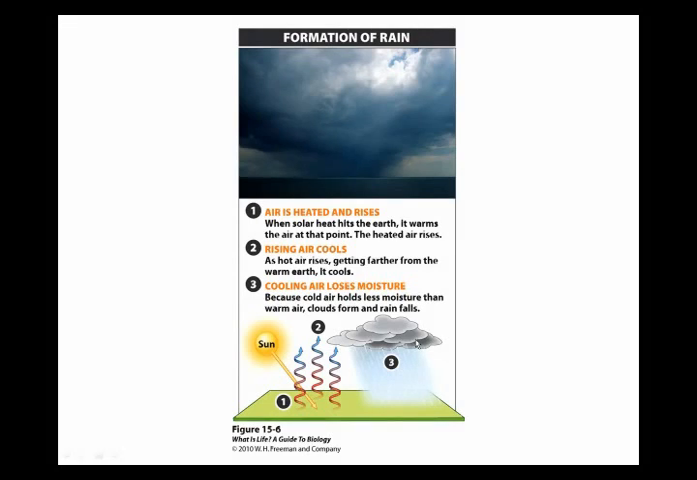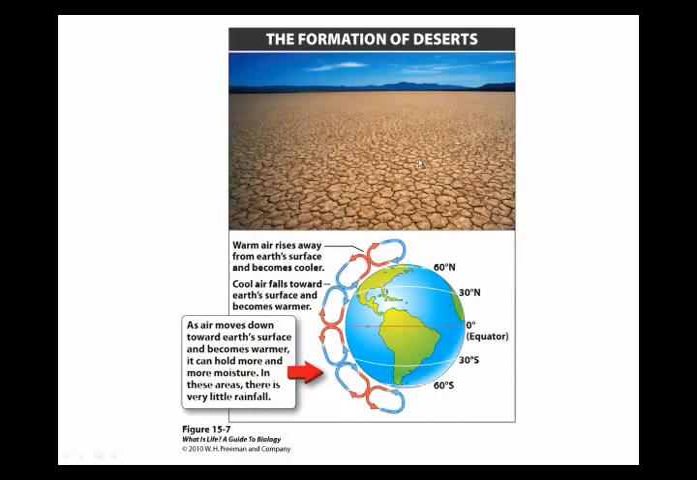And we see that in global circulation patterns. So like here over the formation of a desert, you can see we've got our Earth's equator right here. The sun is going to hit the equator very directly. It's going to cause a lot of that air to rise up and move away from the Earth's surface. And then as it moves up towards the North Pole or down towards the South Pole, it's going to become